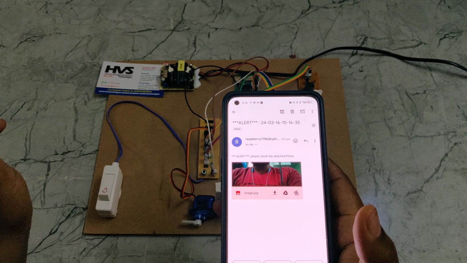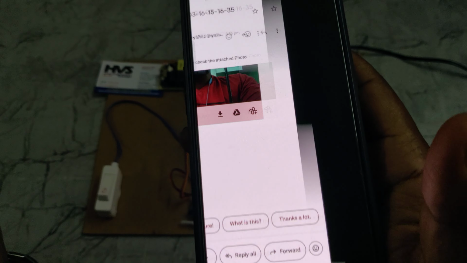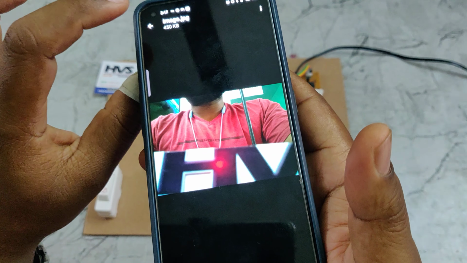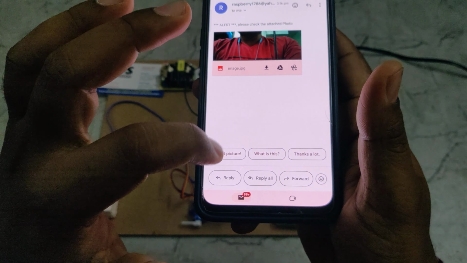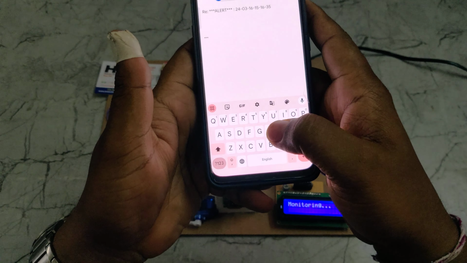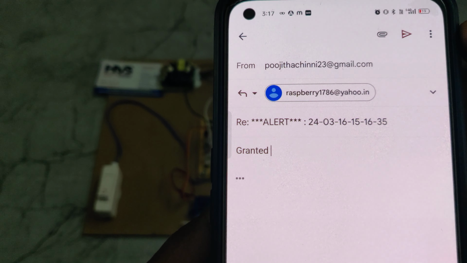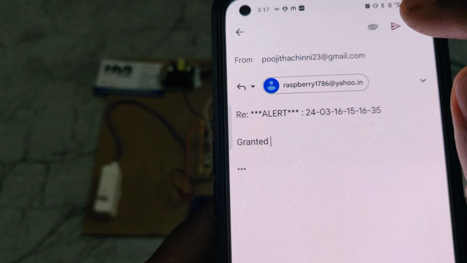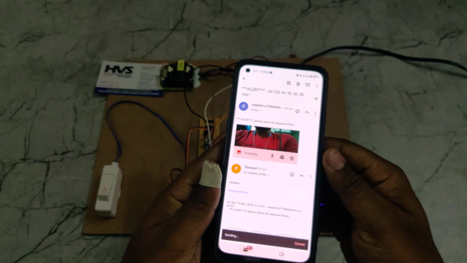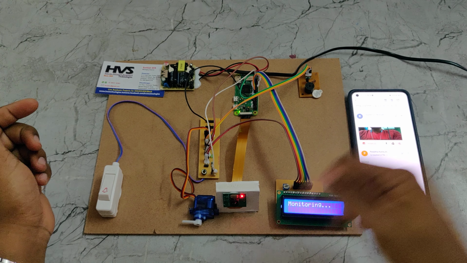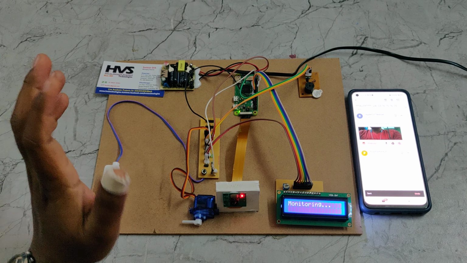Open that, and we can see the image. After seeing the image, if you want to provide access granted to the person, then reply to the same mail by typing granted. It is case sensitive, so we need to write it accordingly and then reply to the same mail. Once the mail is sent successfully, the system will